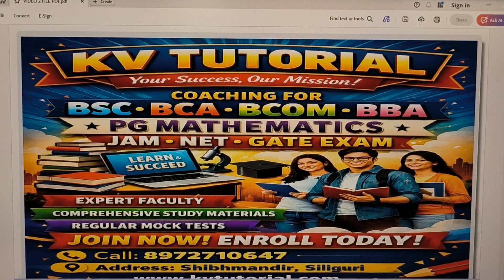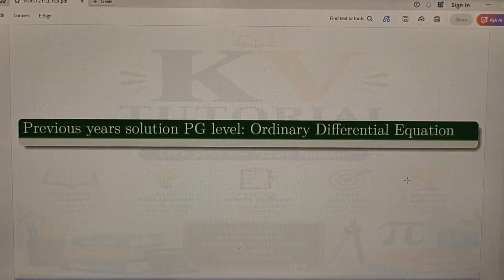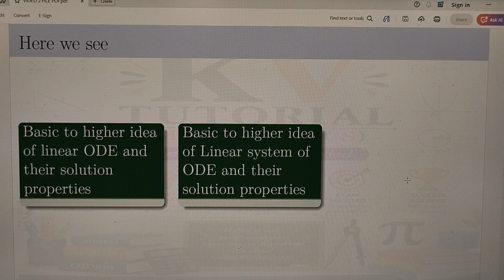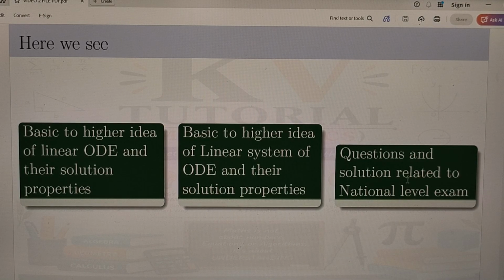Hello everyone. In this video, we see the second part of the solutions of ordinary differential equations and their properties. Here we see the previous year solutions in PG level related to ordinary differential equations. Here we see basic to higher ideas of linear ODE and their solution properties, basic to higher ideas of linear systems of ODE and their solution properties, and the questions and solutions related to